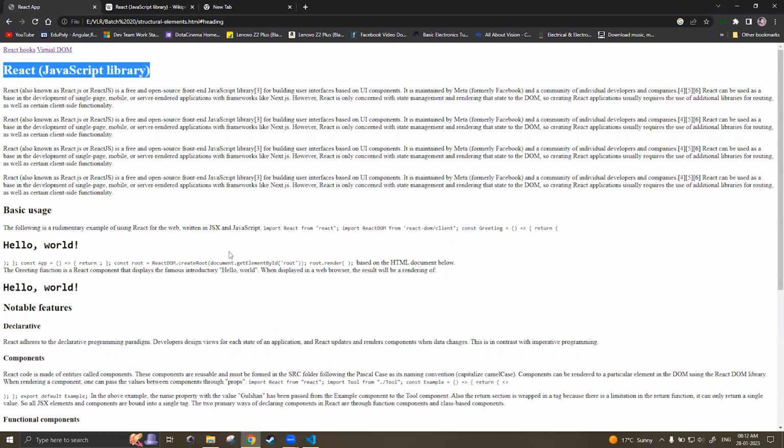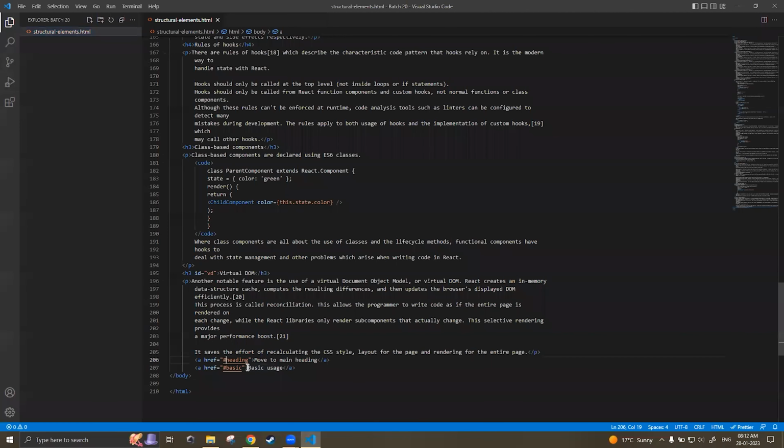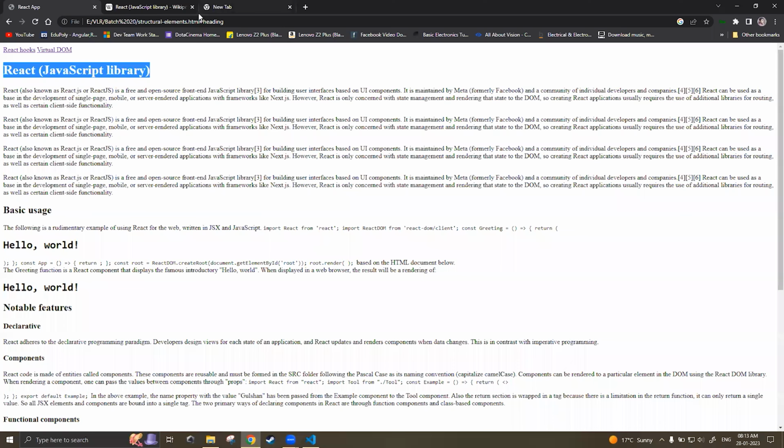Okay, like that you can navigate inside a page, inside a single page. If you want navigation, you can use this kind of ID and hash structure. This approach is used to navigate within a single page. Okay, so when you have very long pages, so if you go to